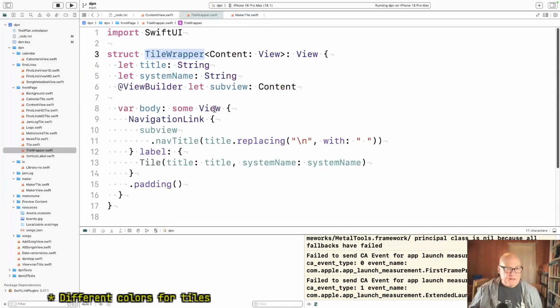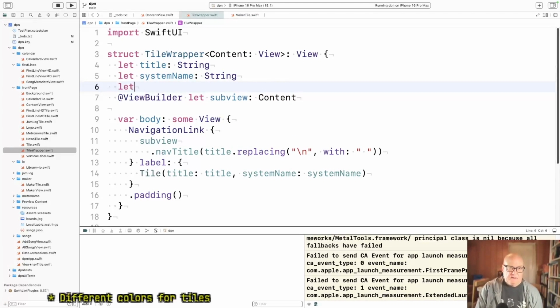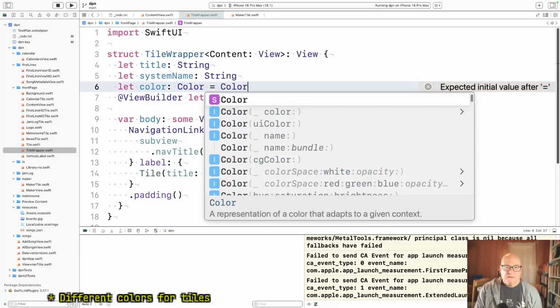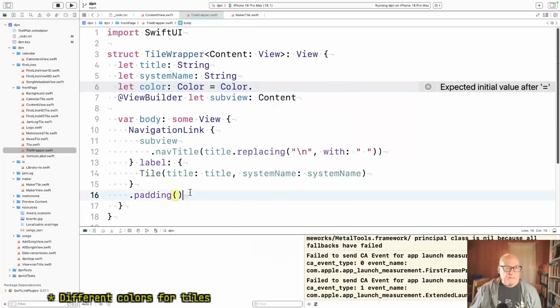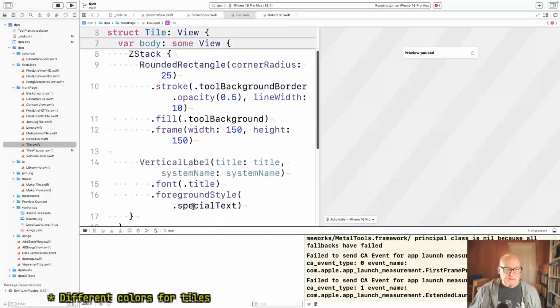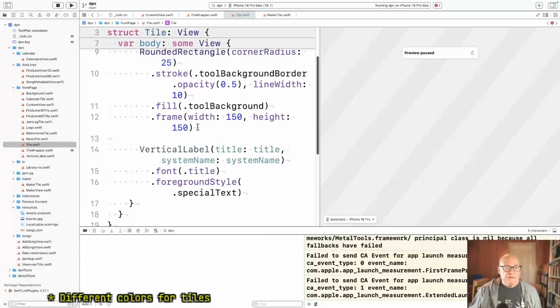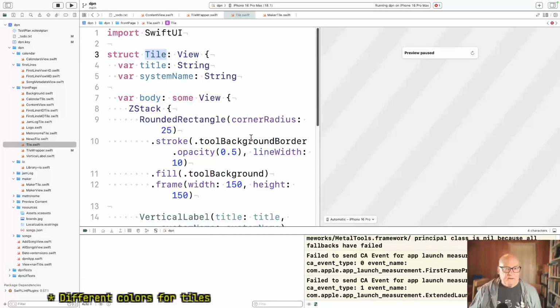And the easy way to add it is we can make it defaulted. Okay, so let color equal color dot. Now, I don't know who's drawing the tile. Is that making the decision? Yeah. Tool background. Okay,